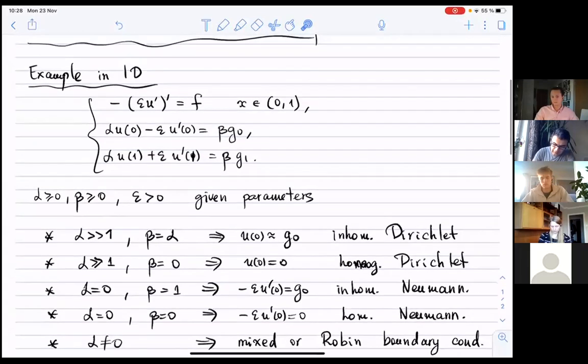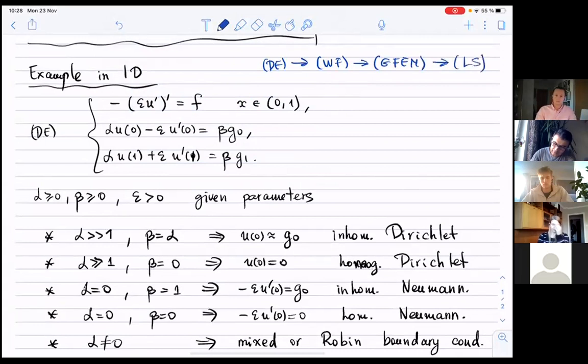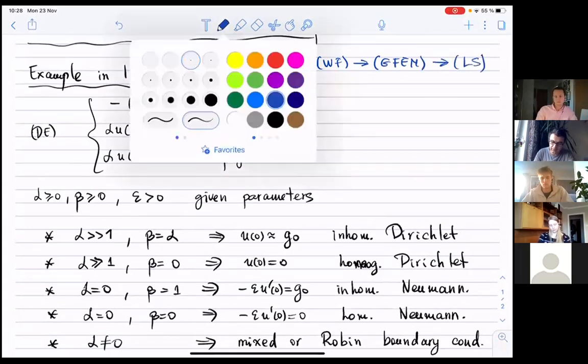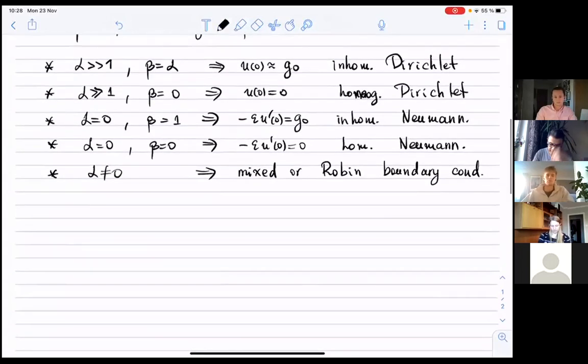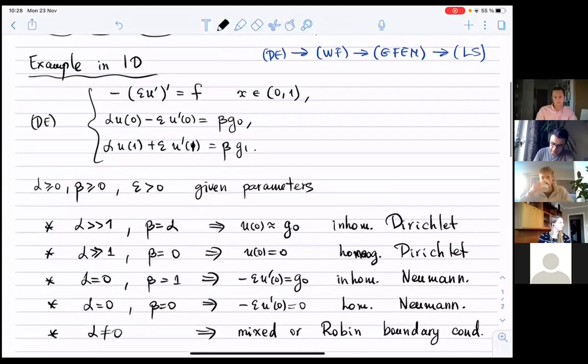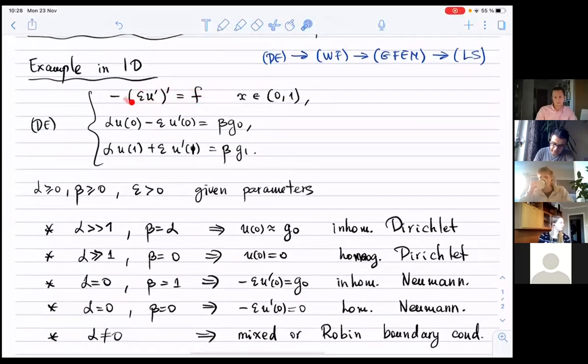All right, so we do the usual stuff. So we have here the differential equation. Remember the steps: we had the differential equation, then we write the weak formulation, then we write the Galerkin finite element approximation, then we come to the system. So these are the usual steps that we can do. So if you do that, we multiply first this differential equation by some function v,